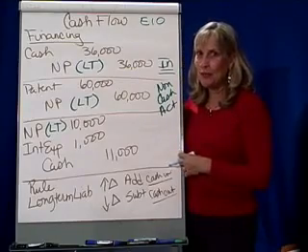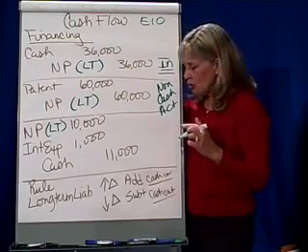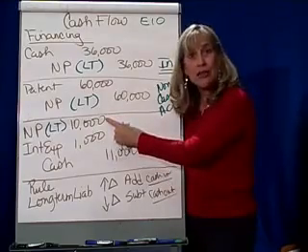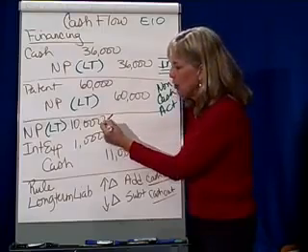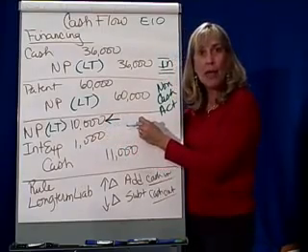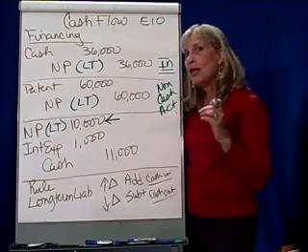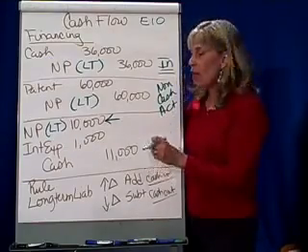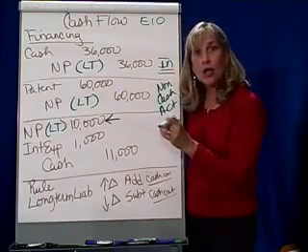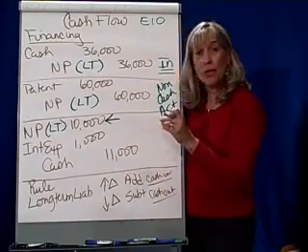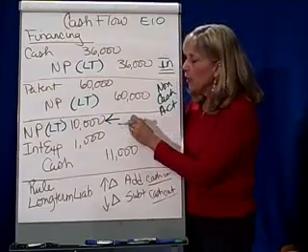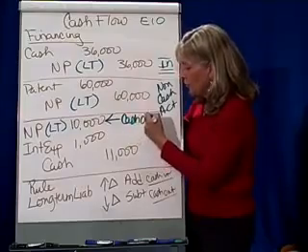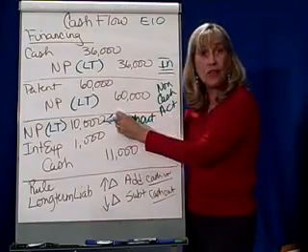But here's the big question. When I repaid the note, should I show repayment of $11,000 or repayment of only the note, $10,000? And you want to show only the note payable for $10,000 because notice I said we repaid the note. I didn't say we repaid the note plus interest. I said I repaid the non-current or liability note payable. So if I repaid it, that's going to be a cash outflow down in the financing section of $10,000 to